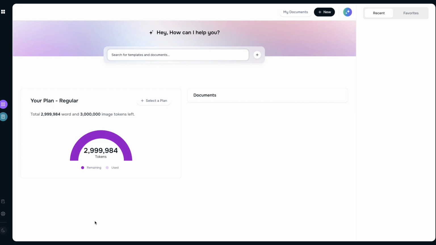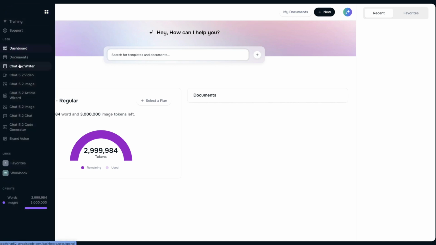Chat5.5 AI gets rid of all of those pesky subscriptions. There are so many AIs out there right now, and you don't know what to do with them, and you don't know what to get, when to use them. So we solve that for you. As soon as you get into Chat5.5 AI, you're able to see all of the modules that you have access to, and everything in here gives you access to write sales pages, apps, WordPress sites, WordPress applications, software, anything you